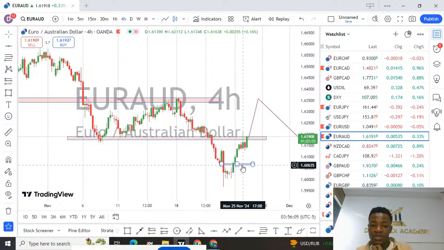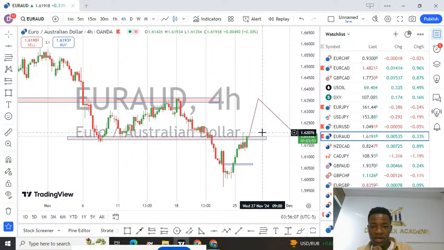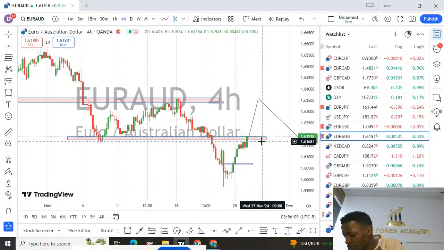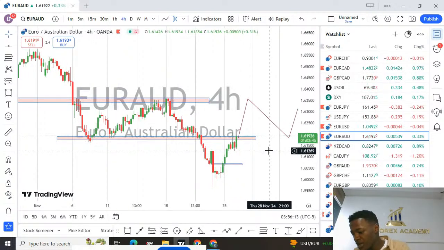We are looking for either this shoulder, or coming back again high and back again to this shoulder on Euro AUD. If you don't get how we did the analysis, you can watch this live.